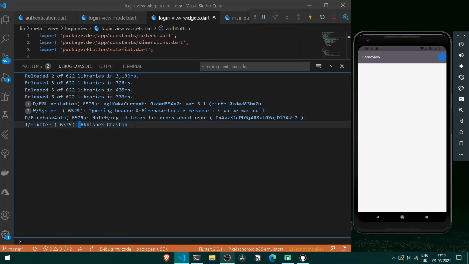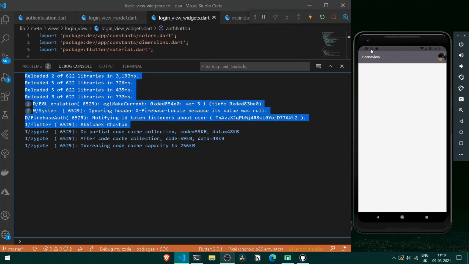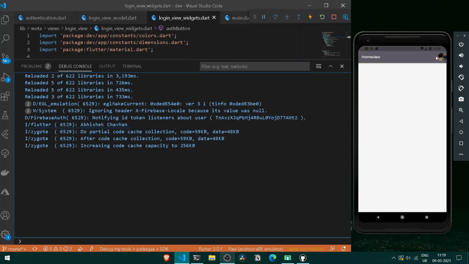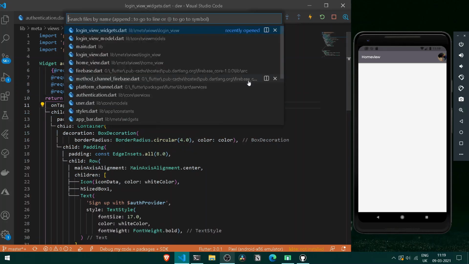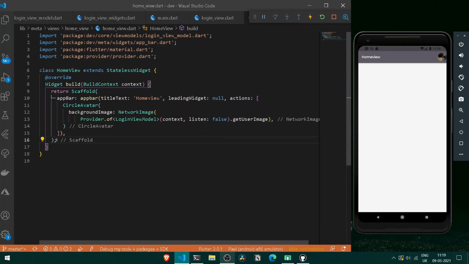Cool, so now we are logged in as Abhishek Chauhan. You can see my DP, that is my profile picture here, and also we are getting the small sort of app bar having the following thing written under our home screen. If I move under my home screen, that is our home view, we are simply fetching our entire image, that is the profile picture of the user who is logged in, and also we are returning here an app bar. Congratulations, we are now successfully able to sign in under our application.